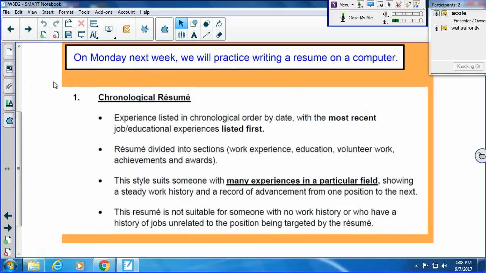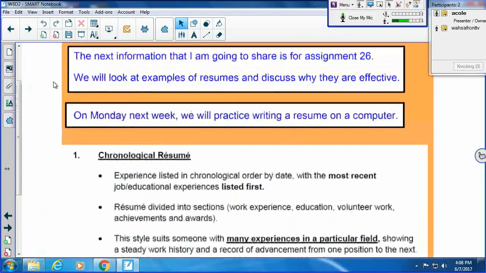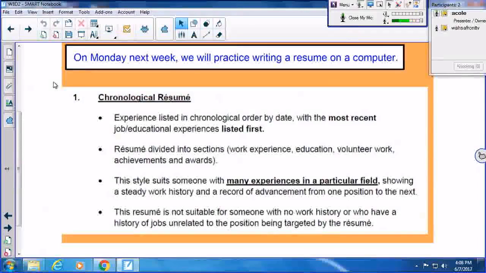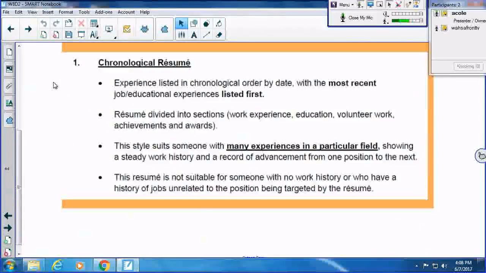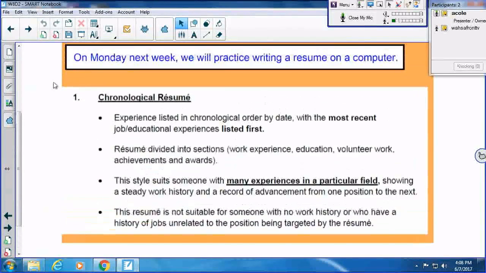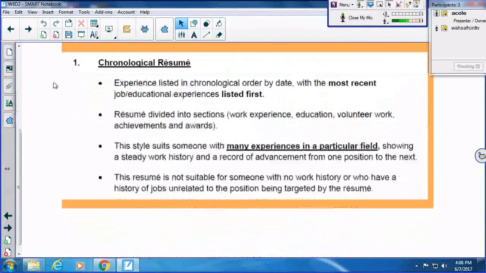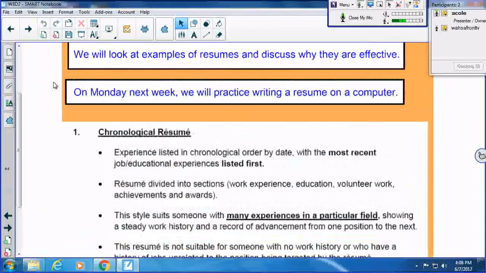We'll talk about that when I'm done talking about assignment 26. And that might get you thinking about your resume too, right? If you're thinking of job searching, then you're probably thinking of writing a resume.